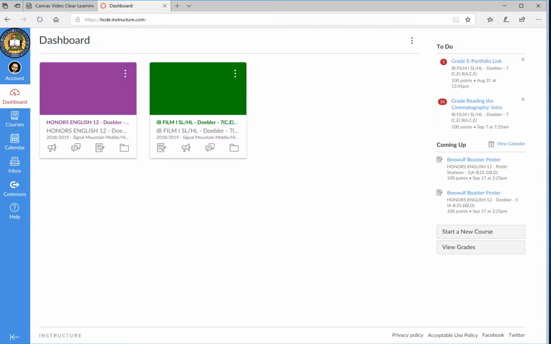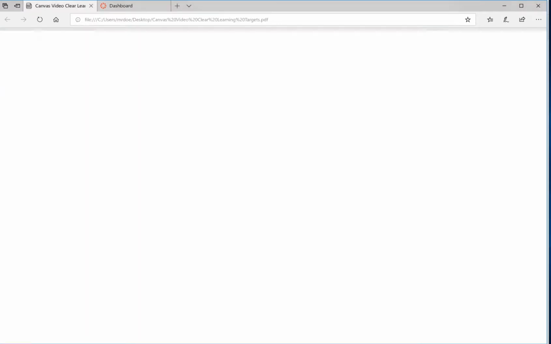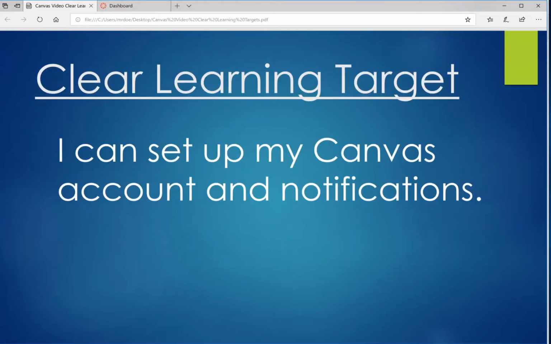All right, welcome to this third installment of how to get set up in Canvas. In the last two installments, we've taken a look at how to log in, how to set up the courses that you're going to use Canvas for on your dashboard, and then how to help students do both of those things. This video is going to focus on how to adjust your settings in Canvas,